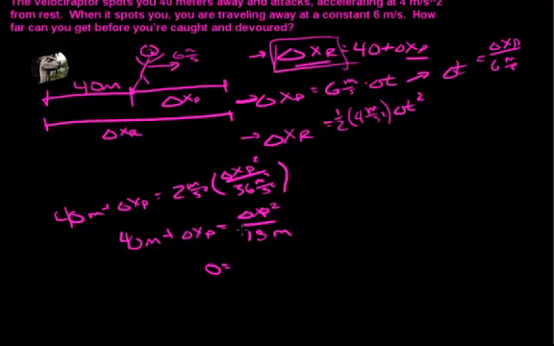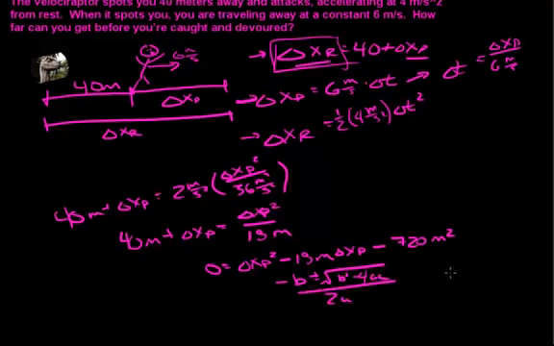When I multiply out 18, that means that will cancel there, so I'll be left with the displacement of the person squared. And then I'll have a negative, because it got subtracted over, 18 meters times the displacement of the person. And then finally I'll have another negative, and that's 18 times 40. So that will give me negative 720 meters squared. I will plug it into the equation minus b plus or minus the square root of b squared minus 4ac over 2a. Once I plug everything in there, I will get two answers,